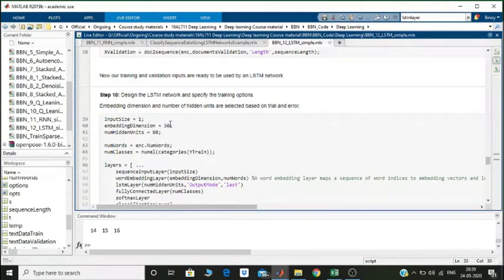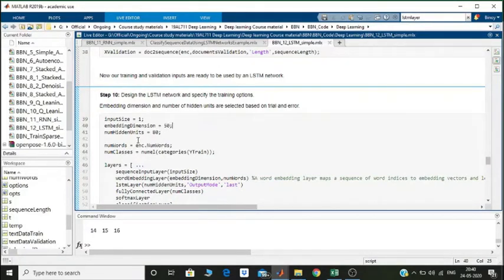For example, king and queen may be related in a way similar to man and woman. So how do you understand this? You cannot simply use Euclidean distance or any distance measures. So word embedding is typically used, and training of word embeddings is done to identify relationships between words. It's a very important and very interesting part of natural language processing. There are several ways in which you can do this, but for the time being, because our vocabulary is very small, we will be using an embedding dimension of only 50.